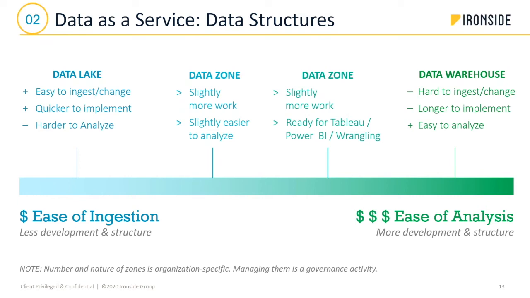A business user might say, well, that's not super useful to me. I have to do a lot of work to bring those together. Is there some way that I can just see all the orders? So it might make sense in that case to create a data zone where the orders are combined into a single table, and some basic work is done to sort of align the columns, and things that aren't common are omitted or put on the side. And basically, a business user can say, great, here's all the orders, and now I can load that into Power BI or Tableau and do some analysis. So there's some work to create that, but it's not as much work as putting it in the warehouse.